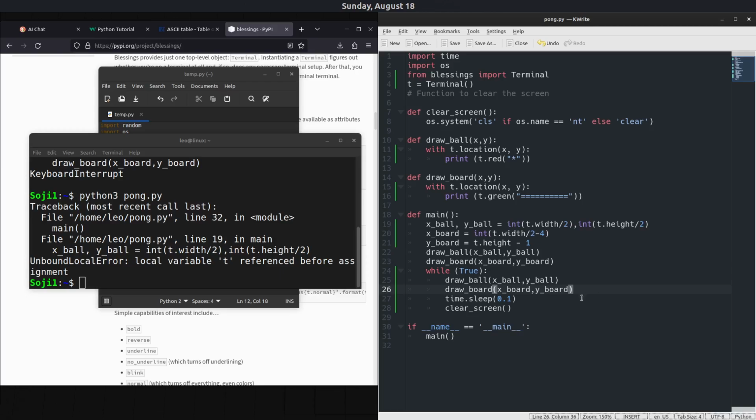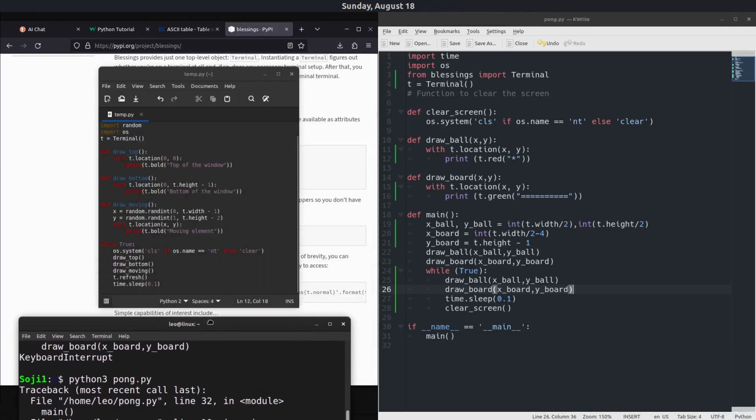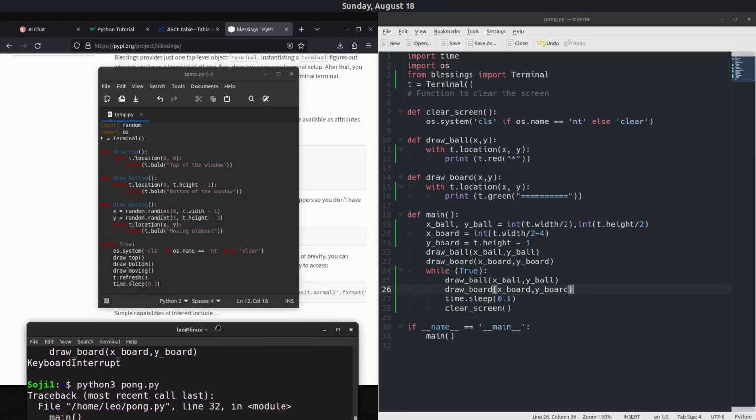But now with this, I could try to implement some movement, at least for the board. So let's see. We have X and Y for the board. I'm not gonna change Y, obviously. I will need to change X. X board is equal to, so right now it's divided by 2 minus 4. And while true,